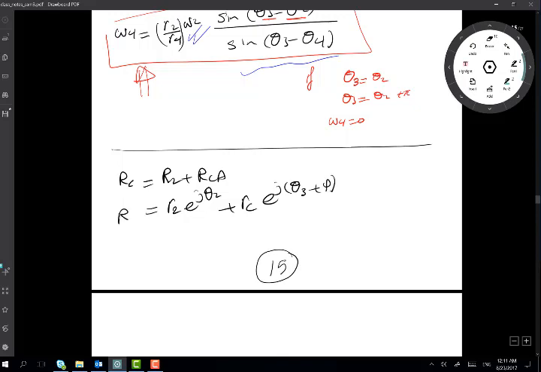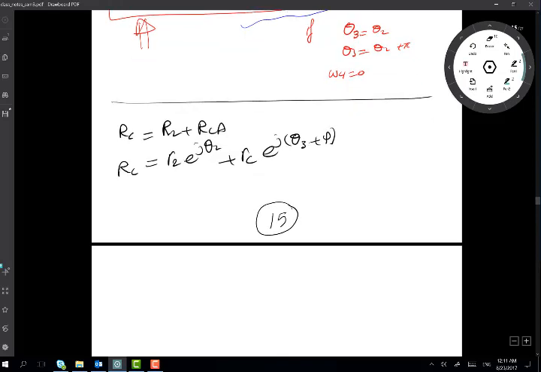This is RC. When I differentiate that to get VC, VC is the derivative of RC with respect to t, and when you know how to differentiate, we just add, like R2 for every vector, multiply by omega 2, e^(j(theta 2 plus 90, pi over 2)), and the other one, same thing,